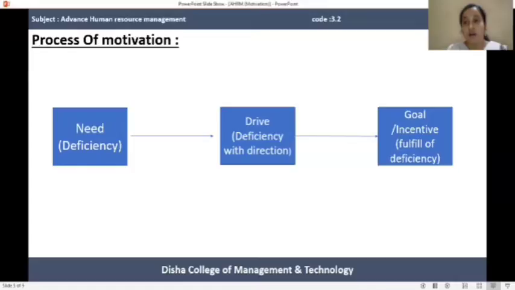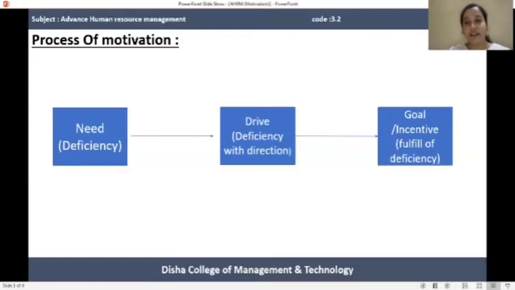So if the organization wants to motivate a human resource, first it has to start with identifying the need, what the person requires. Some persons have interest in the monetary aspect, some persons are interested in the non-monetary aspect. The persons interested in the monetary aspect want incentives, bonus, fringe benefits. And the persons interested in the non-monetary aspect have interest in recognition of work, advancement, and growth. So first, if the organization wants to motivate its human resource, it has to start with identifying the needs.